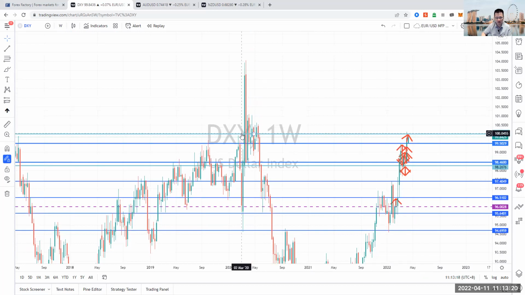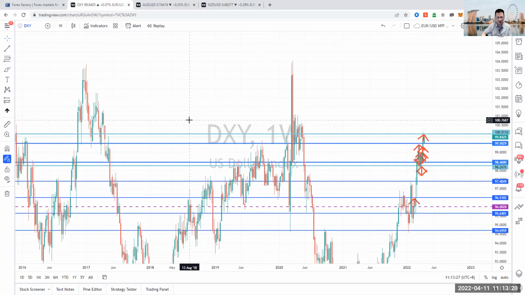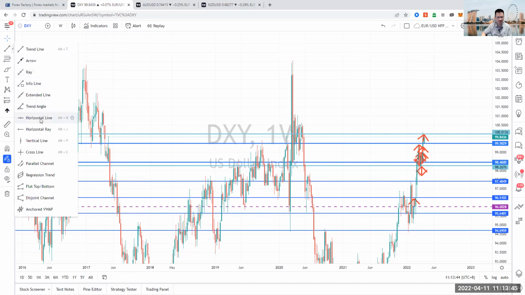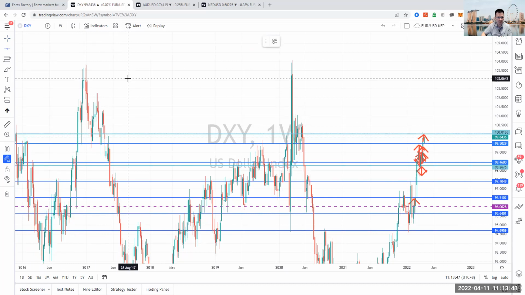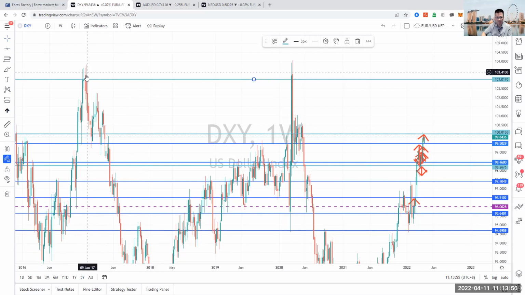the last time we broke above this 100 level was in 2020 during the pandemic. So that was that big spike up. We saw that and then it came back down again. But in normal situations, what happened was in 2016, where we saw the dollar break above that 100 level again, all the way to 103 before coming back in again. So 103 is the next big level that we have seen it react towards as the candle closes at about that 103, well, even a 103 round number was where it spiked, hit, tried to break above but failed before turning back down again.